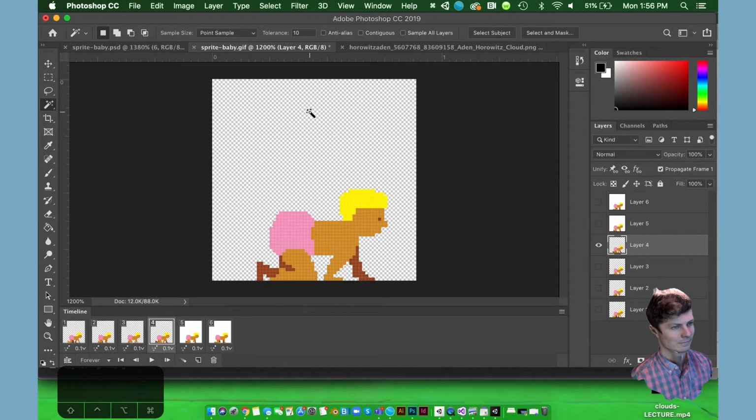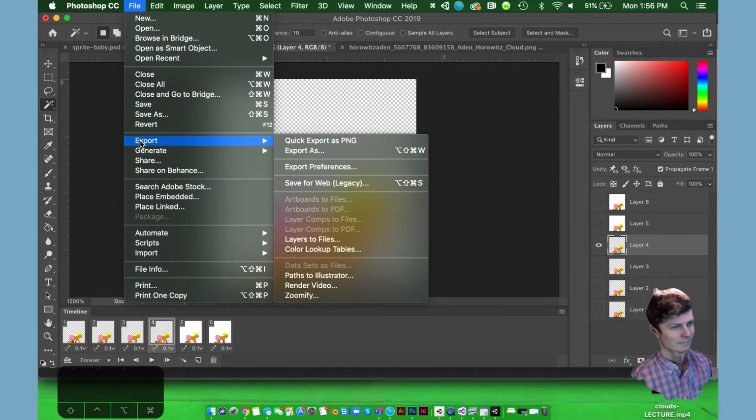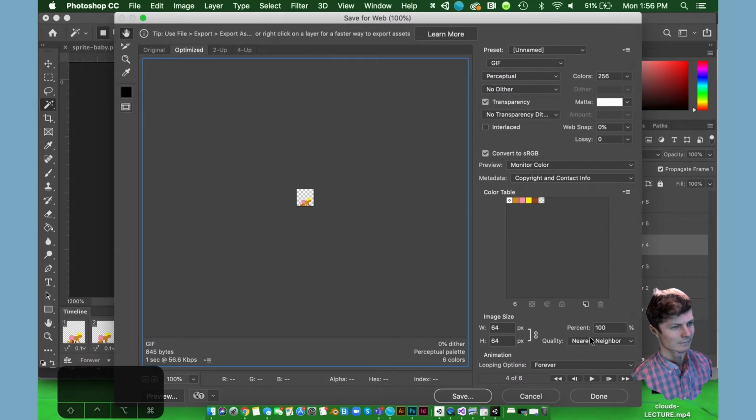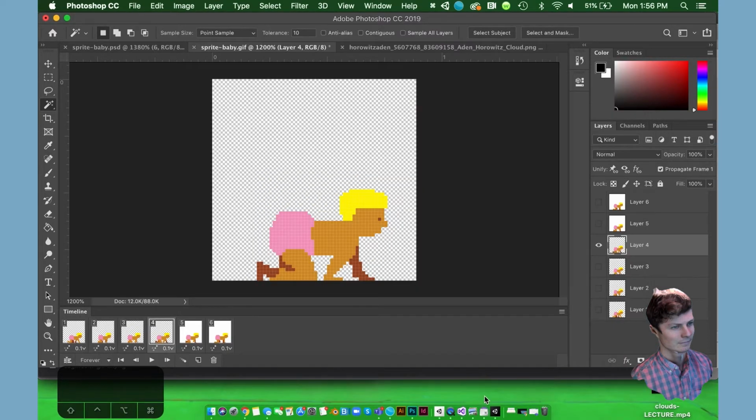Boom. All right, cool. And then remember, do them all, and then export, save for web legacy. Nearest neighbor down here, 64 pixels by 64. If yours is bigger than that, just keep that in mind, and I'll show you why. So cancel. So then what you're going to do, you have your GIF, right? You're going to go to